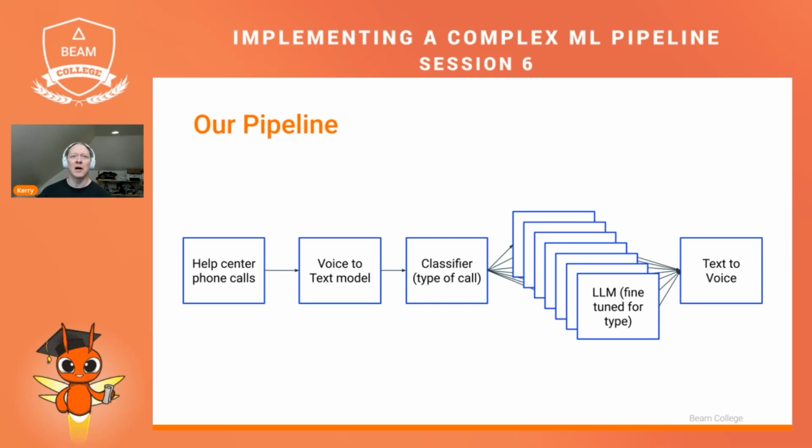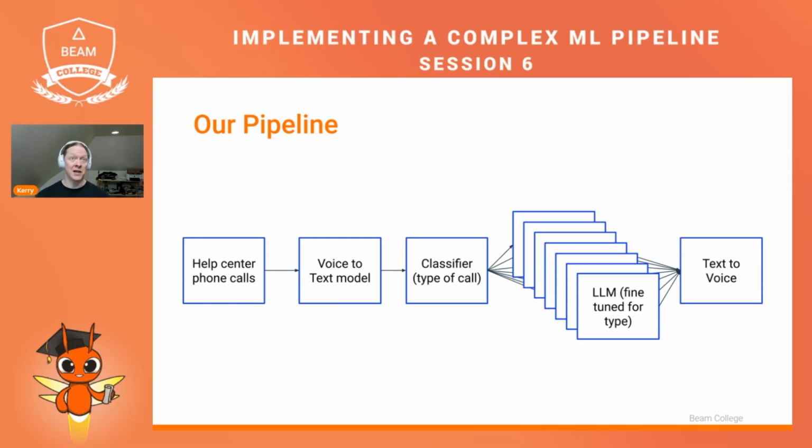So our pipeline follows this fairly simple pattern of doing some inference, using a classifier to then send data to different models, and collecting the output of those models and then doing another transformation or another inference on the output, assuming that all those models are essentially fine-tuned. They accept the same inputs and give the same outputs, but they're fine-tuned to different use cases represented by those